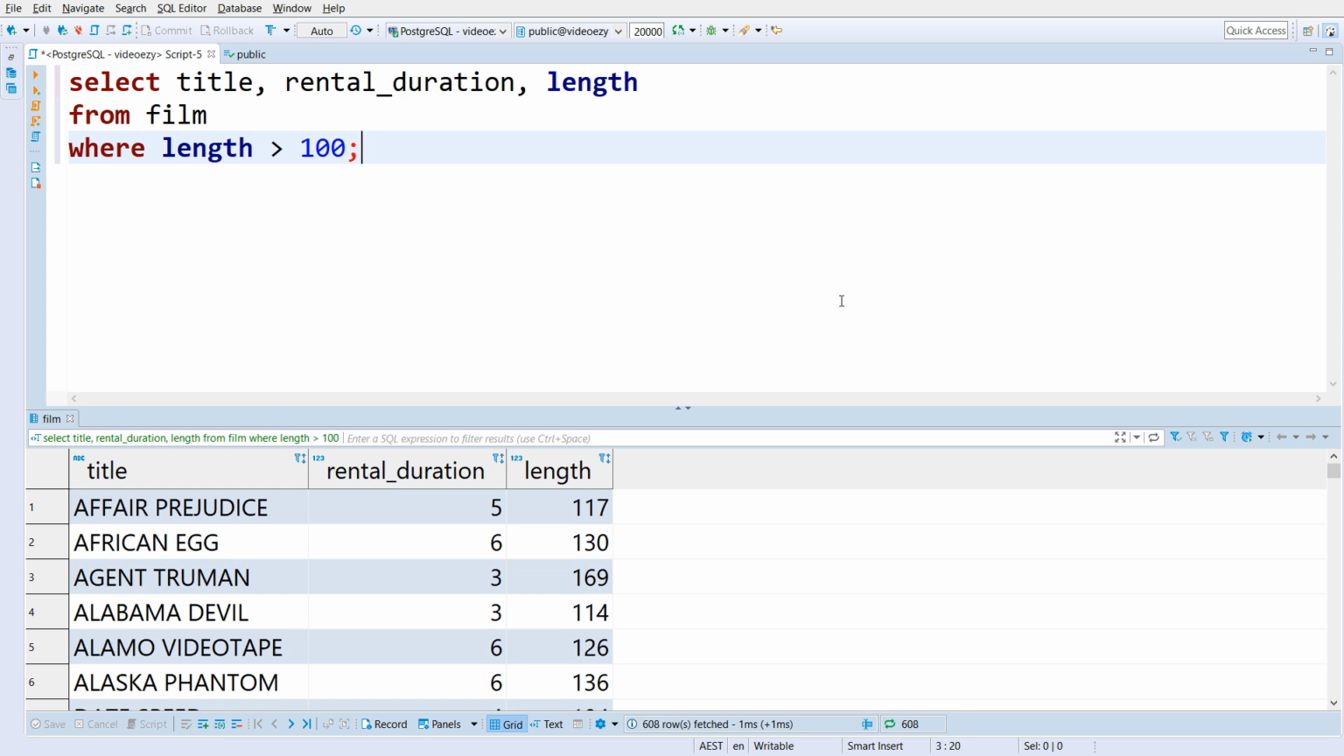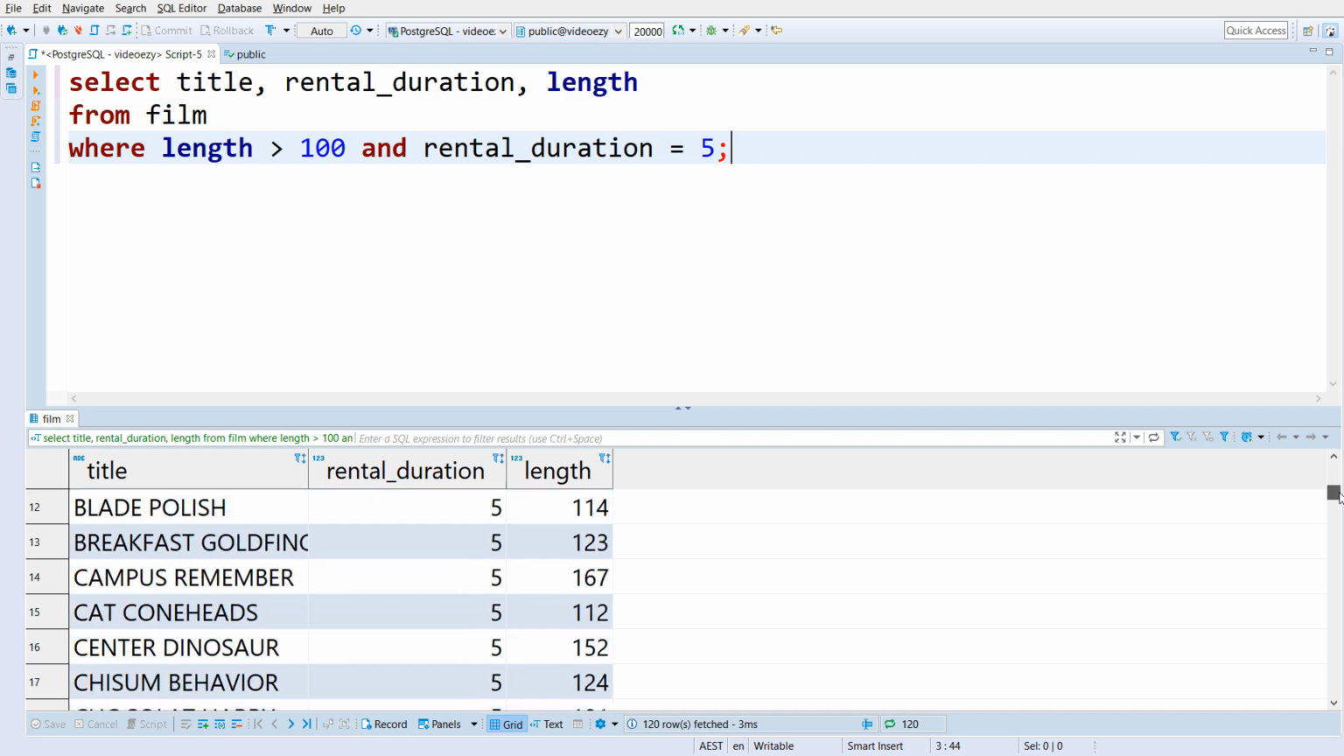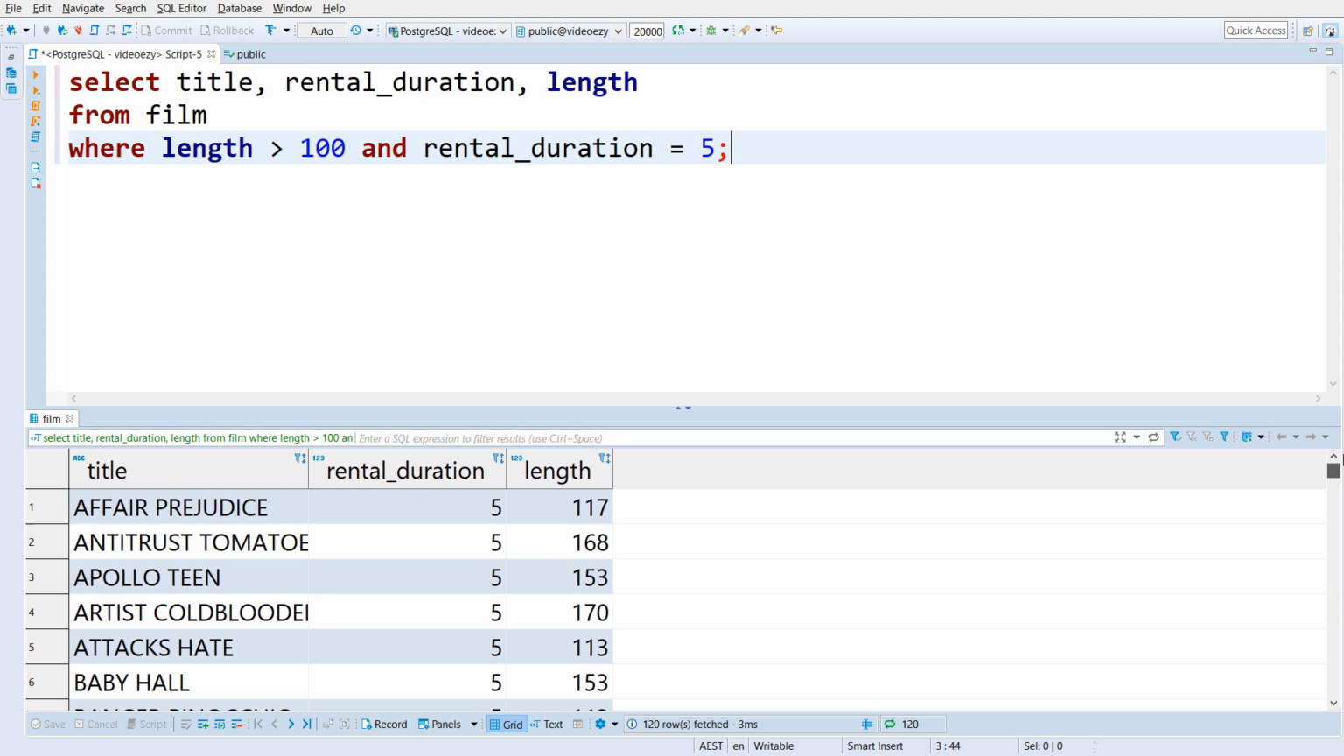And now let's also make it so that we're filtering for films where the length is greater than 100 and the rental duration is 5. We can use the AND keyword here. And we can run that. And there we go. Let's scroll our output a little bit. We can see that all of the films that got returned have a rental duration of 5 and a length